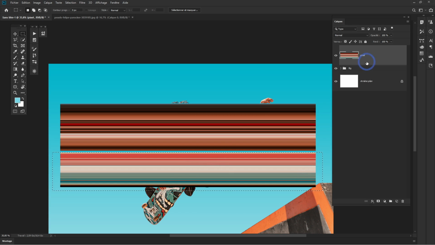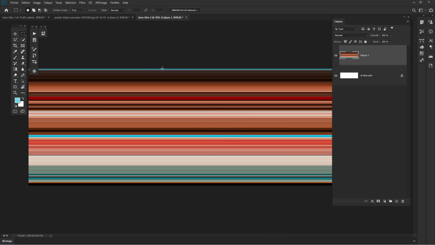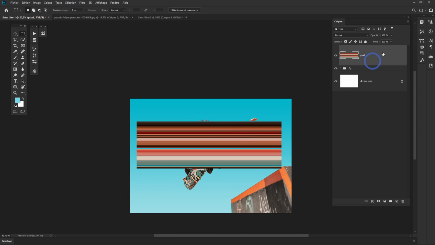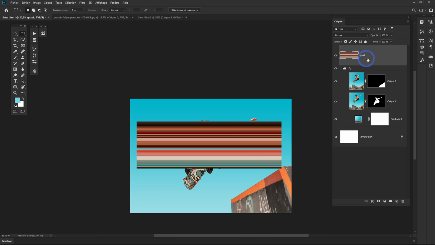I just advise you to keep a copy of this one, so you can create a new document with this selection. You can press Ctrl C or Command C, Ctrl N for a new document, press Create, and just paste this element in order to keep a backup of your pixel stretch. So once you have this, we're just going to put that just here